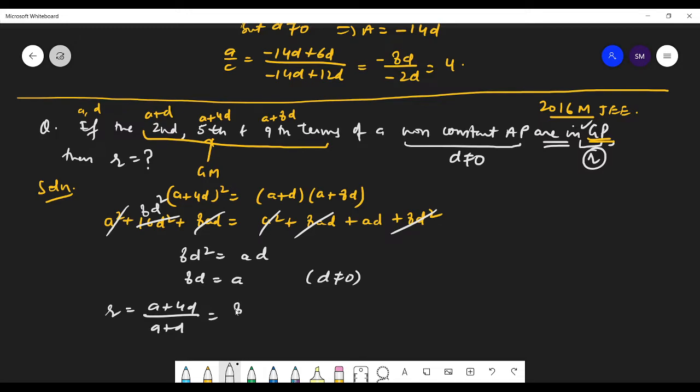So put A is equal to. Has everyone got it? All of you have got the answer 4/3. Good. Very good. That's good, students. So now let us do the next question.